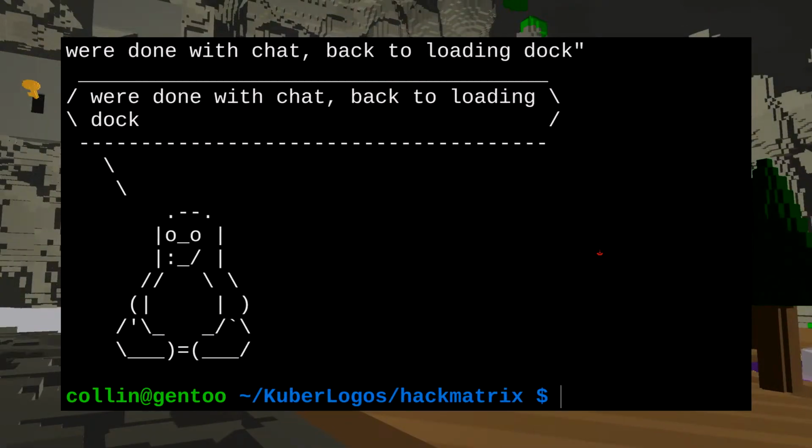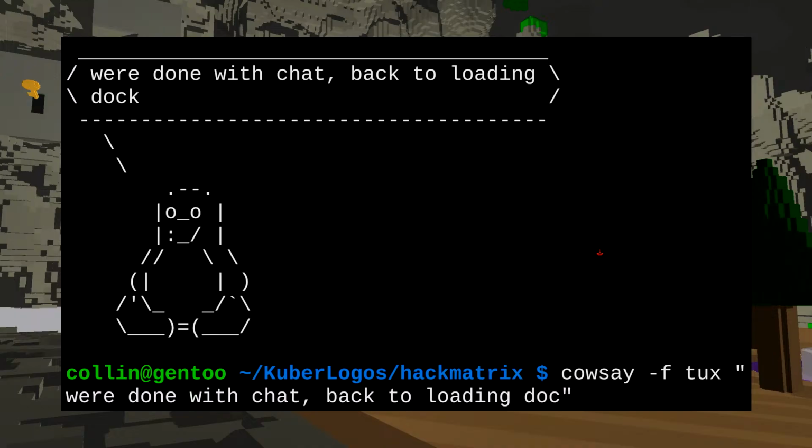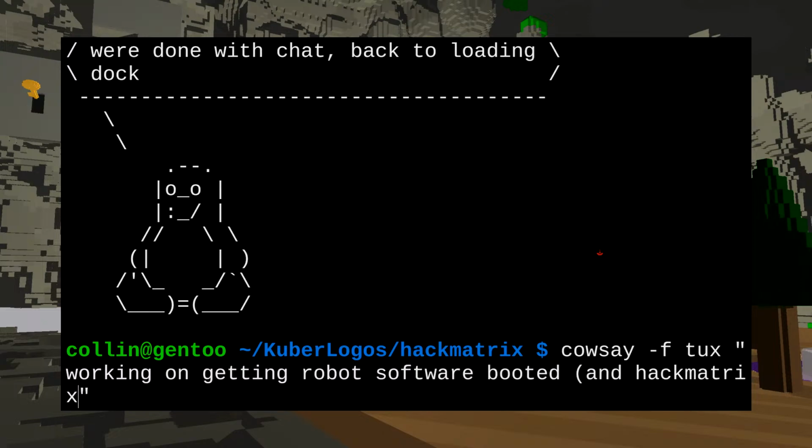Okay, let's go and change the message. And then we'll go to chat actually. Working on getting robot software booted and HackMatrix laptop logged into the bot via